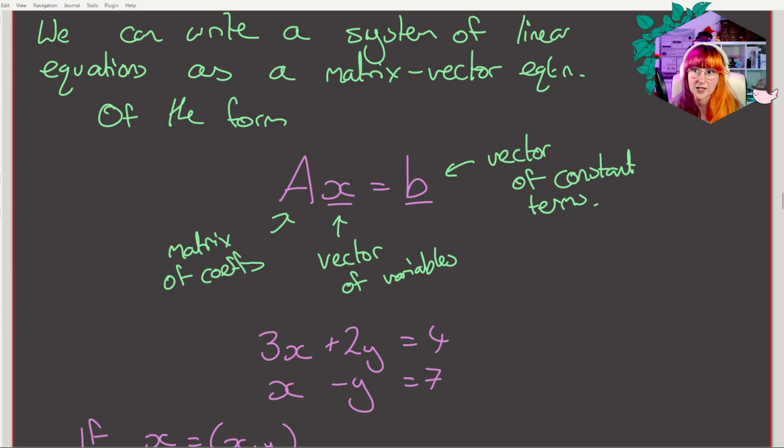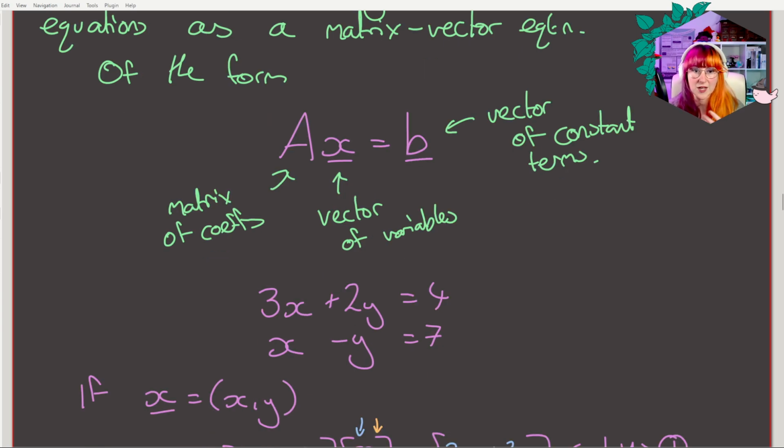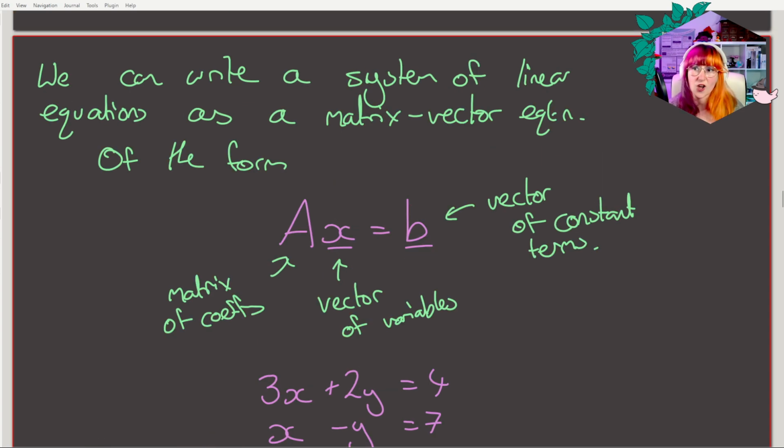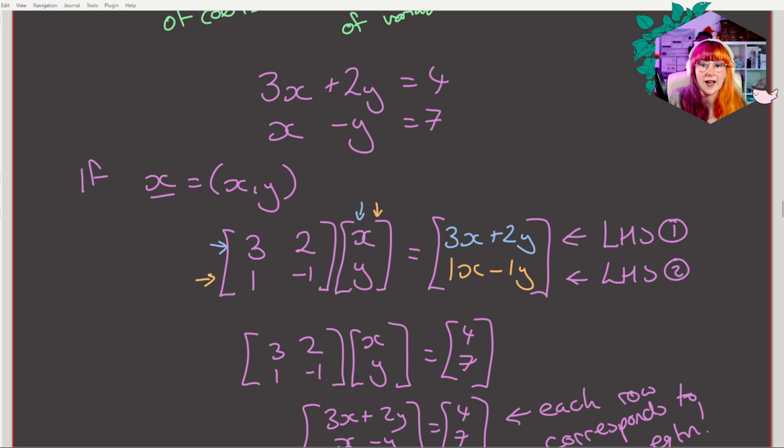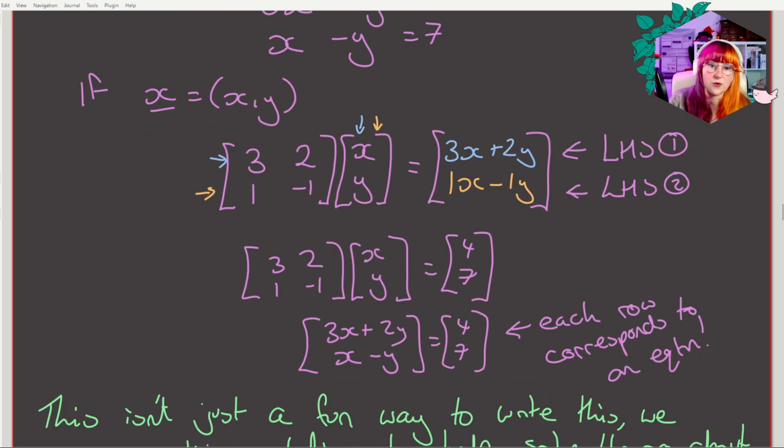So we write systems of linear equations as Ax equals b, where A is our matrix of coefficients, x is our vector of variables, and b is our vector of constant terms. And this is the iconic matrix equation. If you can solve these really fast, really well, you're doing all right. This is why I love MATLAB, because MATLAB as a solver was written specifically to solve matrix equations. It does matrix equations really fast because it was designed by mathematicians, and we use matrix equations a lot. But generally speaking, you write them in what's called an augmented form,